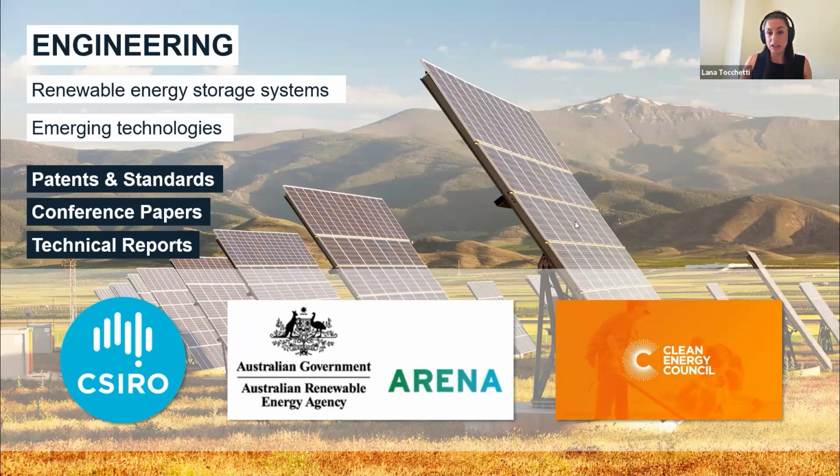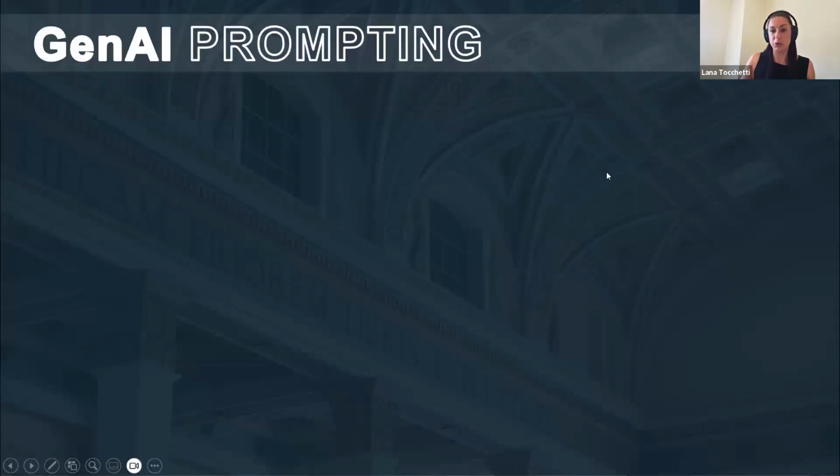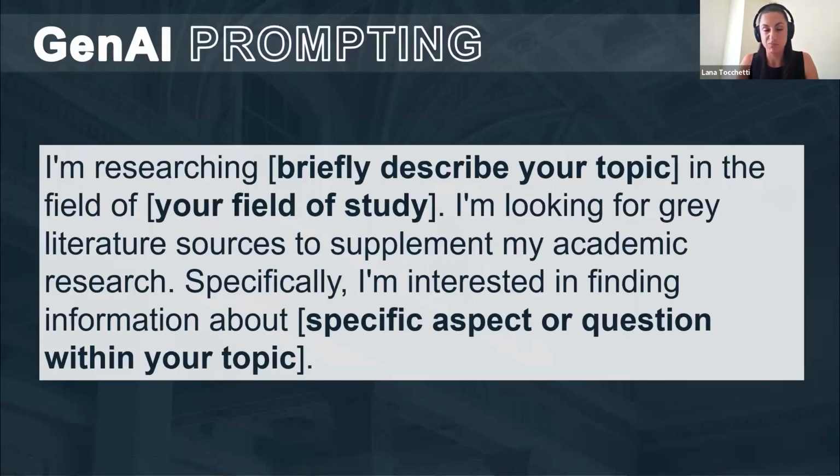So I used Claude. Claude is just my go-to model at the moment, but you could absolutely have a go in ChatGPT, Copilot, or whatever model it is that you feel comfortable in. But I thought you might find it useful to know of a prompt that you could have a go at, see what it comes out with, see what it might give you to get you going. So I tried out a few different prompts, but didn't all work out how I wanted, but I landed on this one finally. So you could have a go at this and sub in the information that is relevant to you.